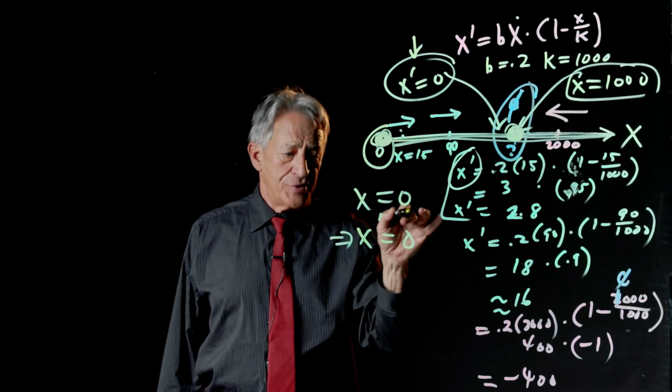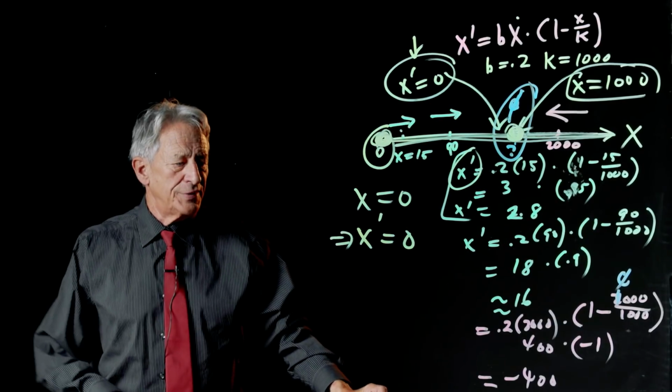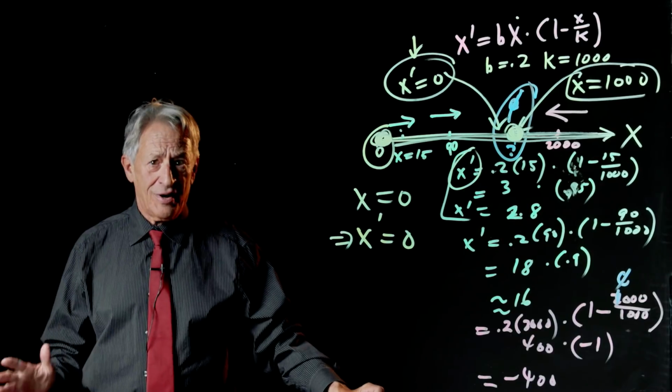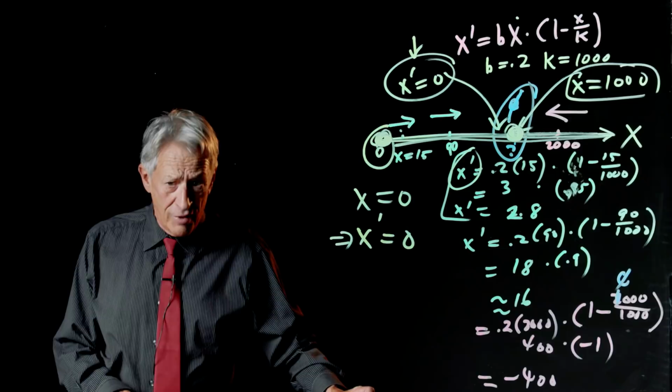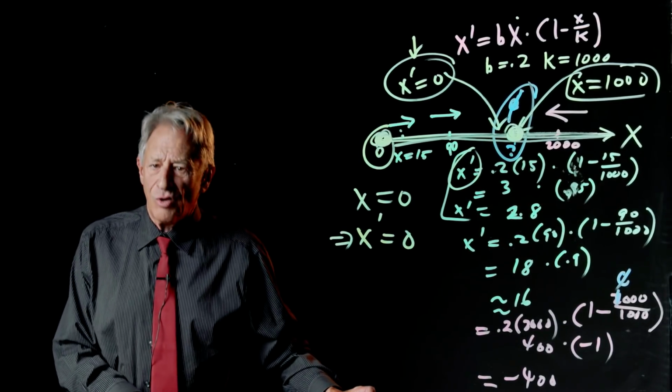X equals 0 certainly implies x prime equals 0 by plugging it into the equation, and this gives us the not entirely earth-shattering fact that if you have no rabbits in